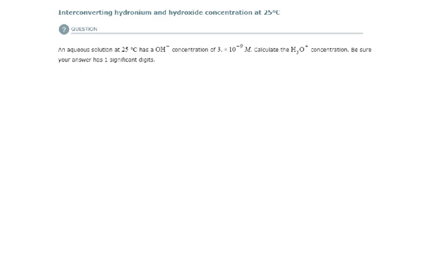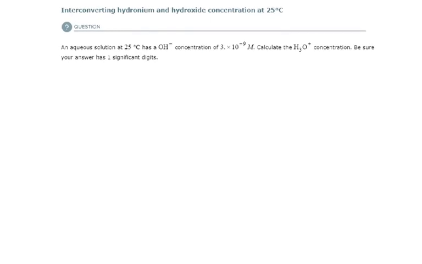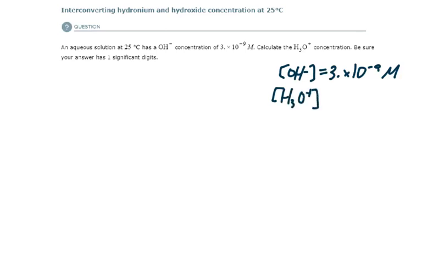So let's write our knowns here. Our hydroxide ion concentration is 3 times 10 to the minus 9 molar. And they want us to find the hydronium ion concentration. What is that concentration? Well, we can find this by using the ion product